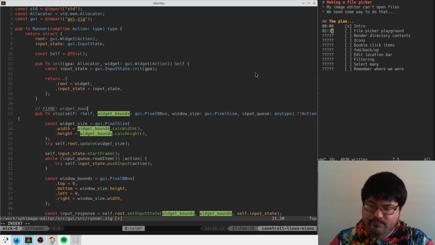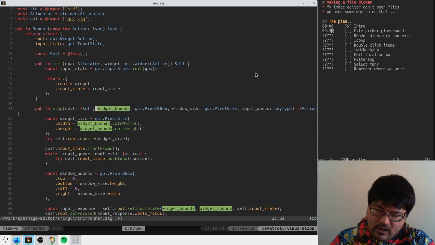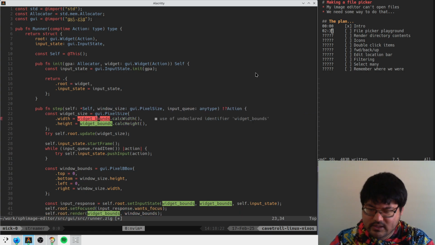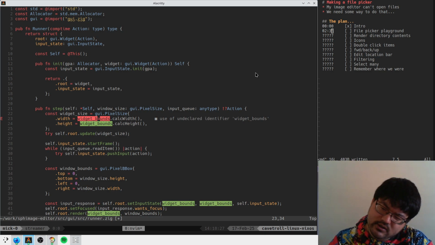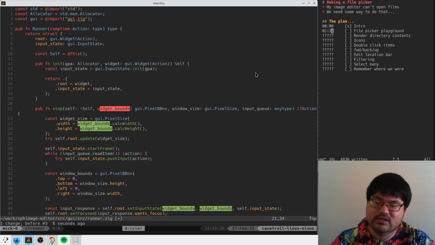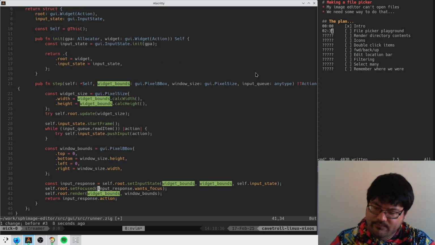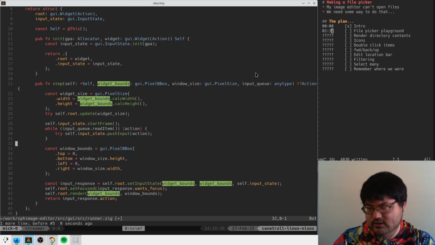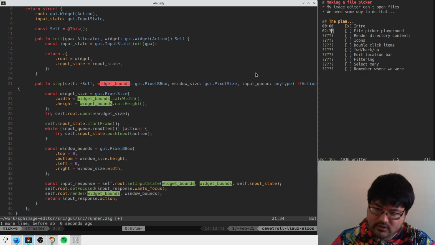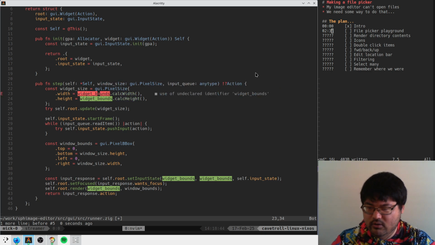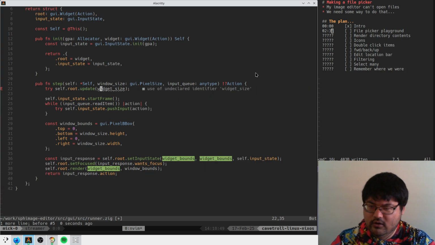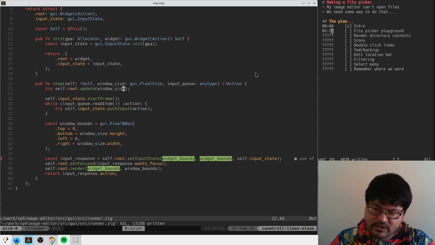Widget bounds. I'm pretty sure this doesn't feel right. I think that we just take the window size here. That feels more correct. I guess we might want to limit this thing. Window bounds is assumed to be 0, 0. Widget bounds, just lay this out in the window. I don't know what we're doing here. We should just fill the window with this widget, then